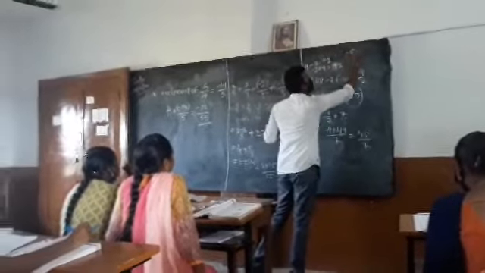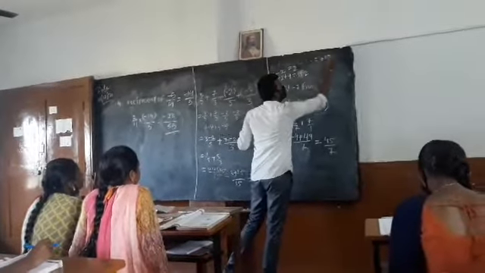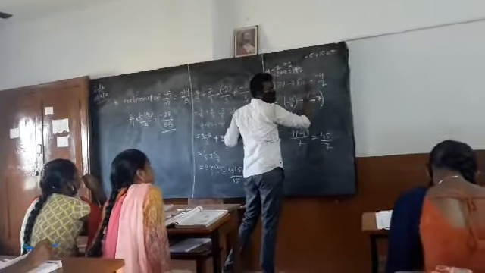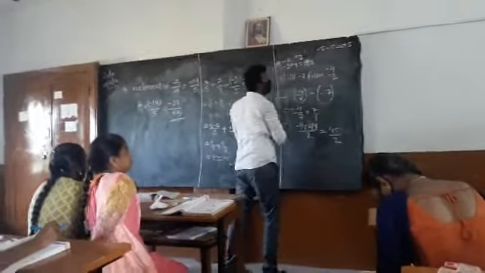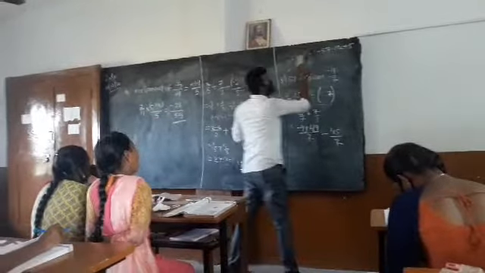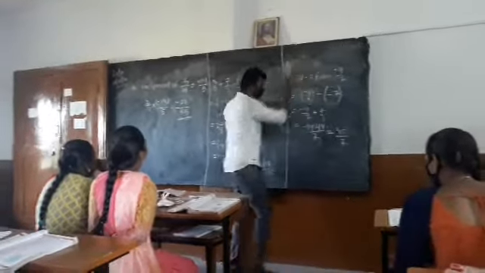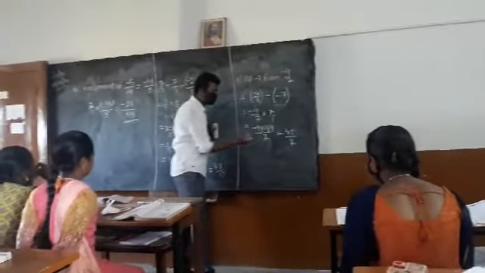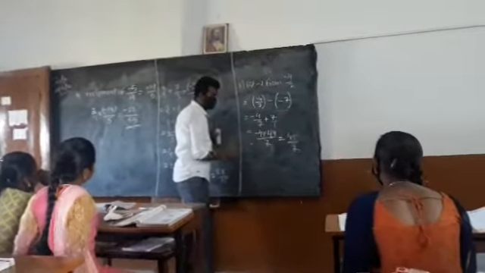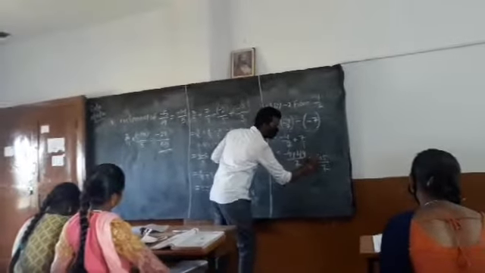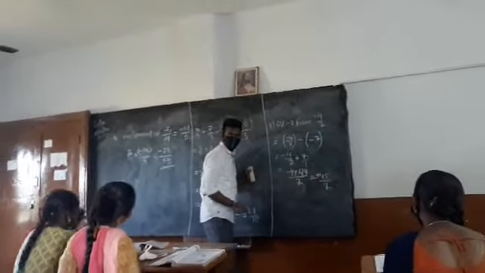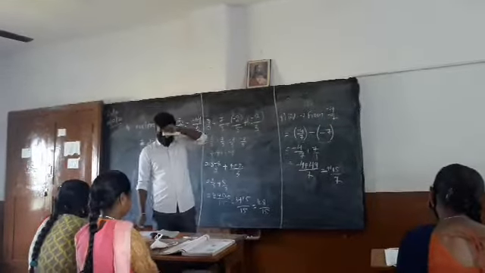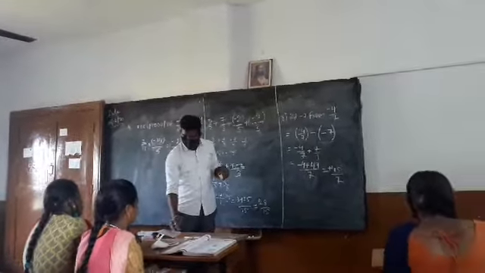Minus 5 plus 10. Bigger sign, difference of them. 5. Likewise, you need to find out. Do not get confused. So here also, bigger sign, 49. Bigger sign is plus. Smaller sign is minus. So plus. Difference of 49 and 4, 45. 45 by 7 is the answer. Likewise, you need to find out all those 1 and 2 also.